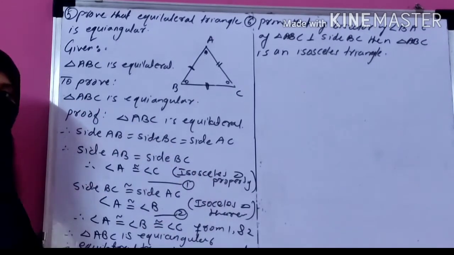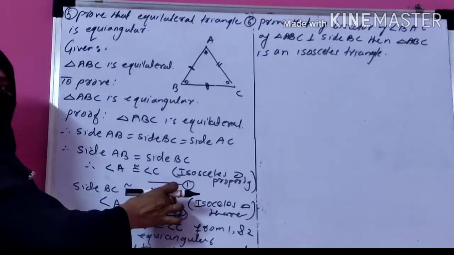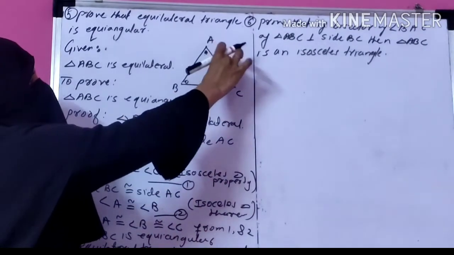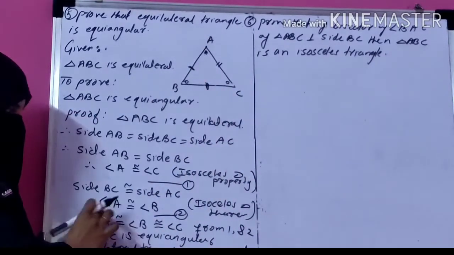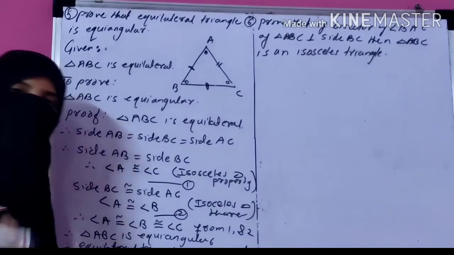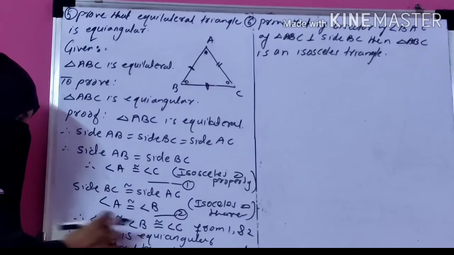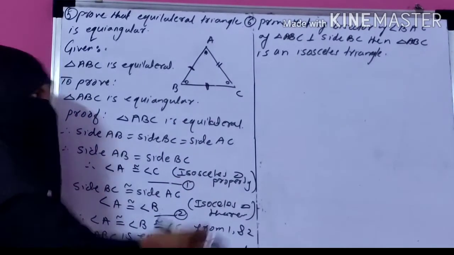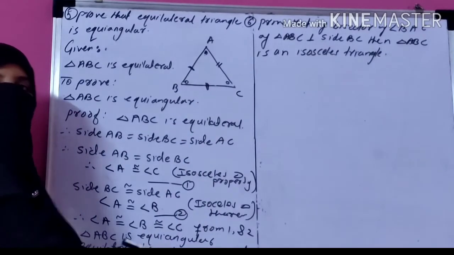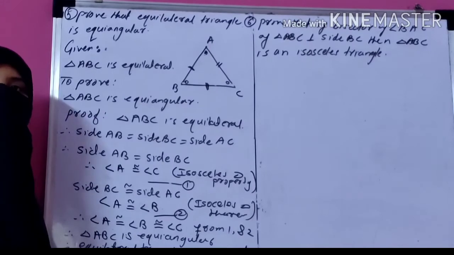Give it number 1. Now I am taking the pair of these two sides, that means side BC is congruent to side AC. If BC is congruent to AC, then angle between BC and AC, that means angle A is congruent to angle B by isosceles triangle theorem. Okay. So from 1 and 2 we observe all these three angles are congruent. So therefore this triangle is equiangular. This triangle is equilateral. So therefore equilateral triangle is equiangular. Got it? Here we prove that equilateral triangles are equiangular.